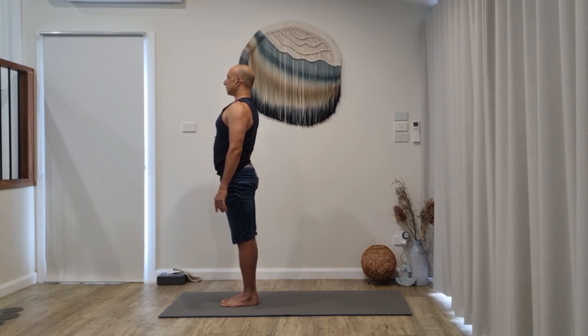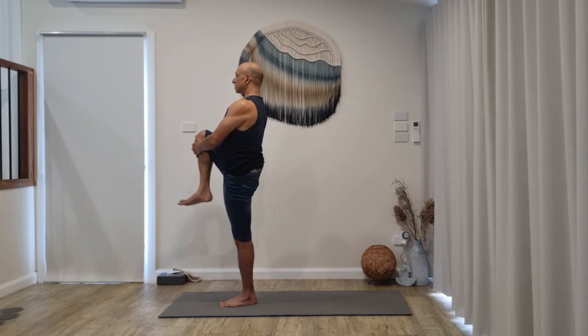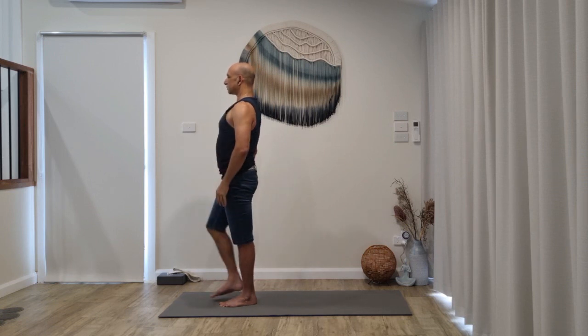In your standing position, first, starting off with the Pavan Muktasana. Fingers interlocked, right knee up, grab, and stand tall. After you stand tall, now start increasing the pull. Release,